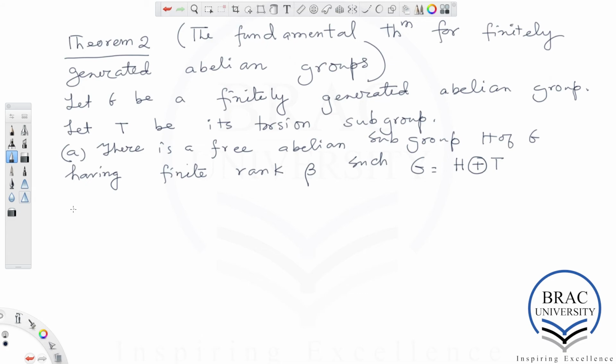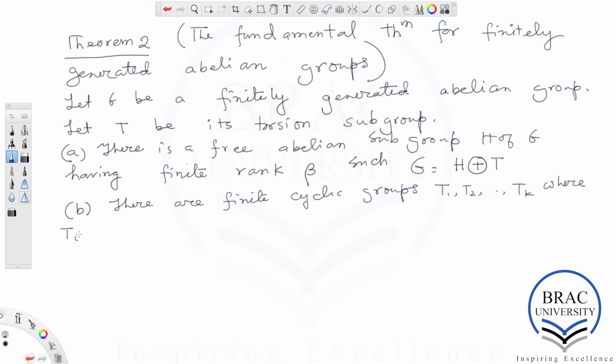Okay, that's part A. And part B tells us that there are finite cyclic groups T1, T2 all the way up to Tk, where Ti has order ti greater than 1.